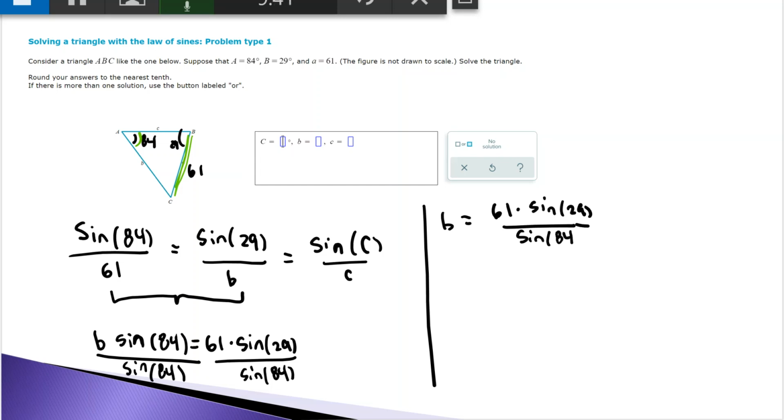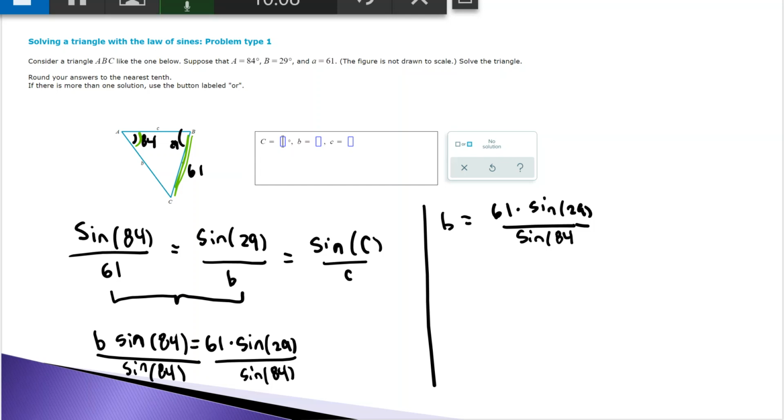And I'll just calculate that on my calculator. Make sure we're in degrees because they gave us everything in degrees. 61 times the sine of 29 degrees divided by the sine of 84 degrees